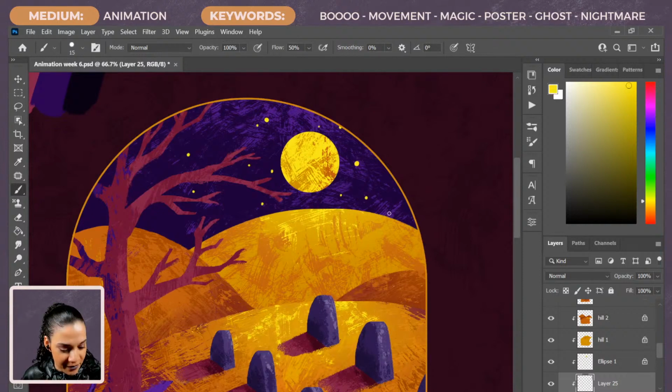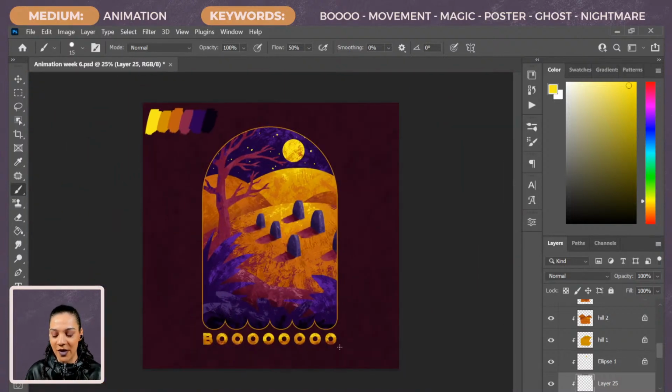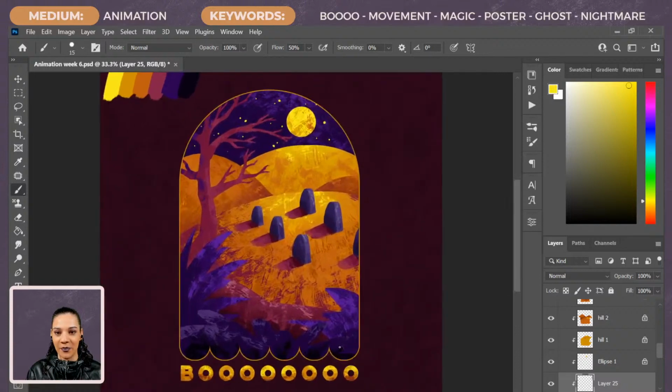Purple, please. Okay, the dark. Cool. So we got our stars in our sky, and let's animate, shall we?